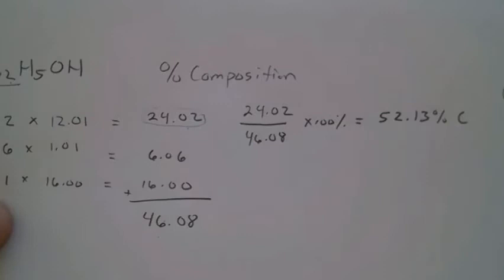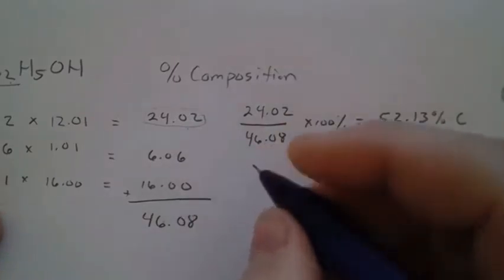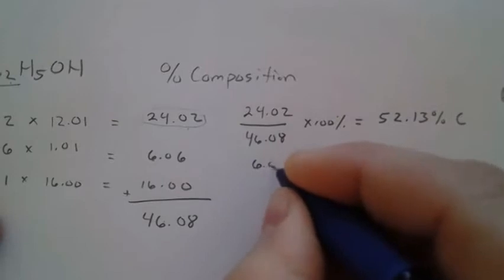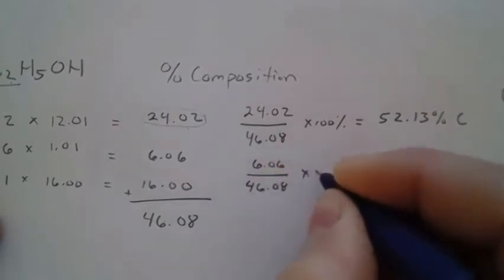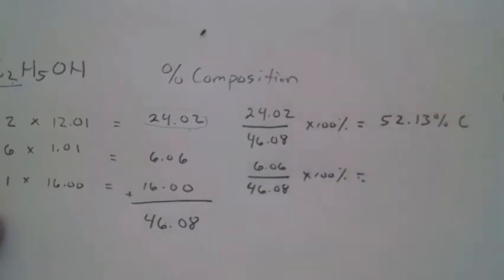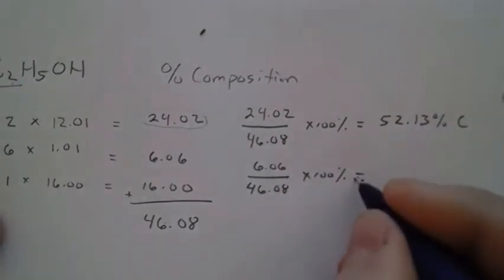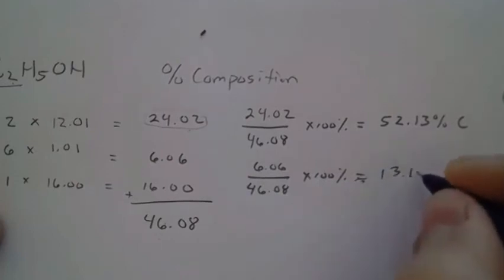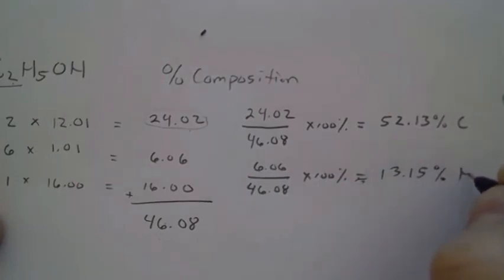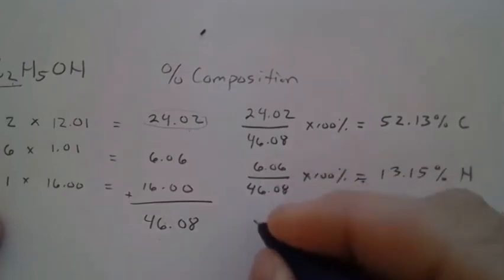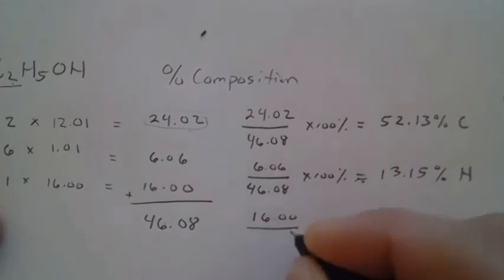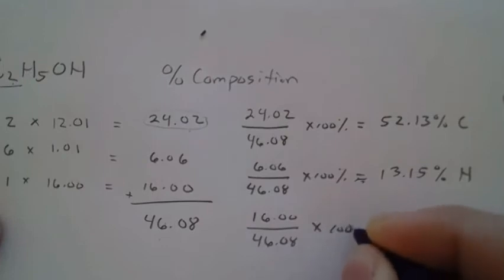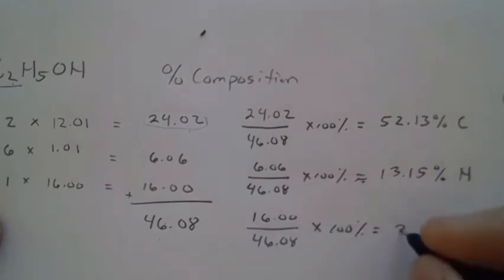Now we do the same thing for hydrogen. You have 6.06 divided by 46.08 times 100%. We get, according to my calculator, 13.15% hydrogen. And then finally for oxygen, we do 16.00 divided by 46.08 times 100%, and we get